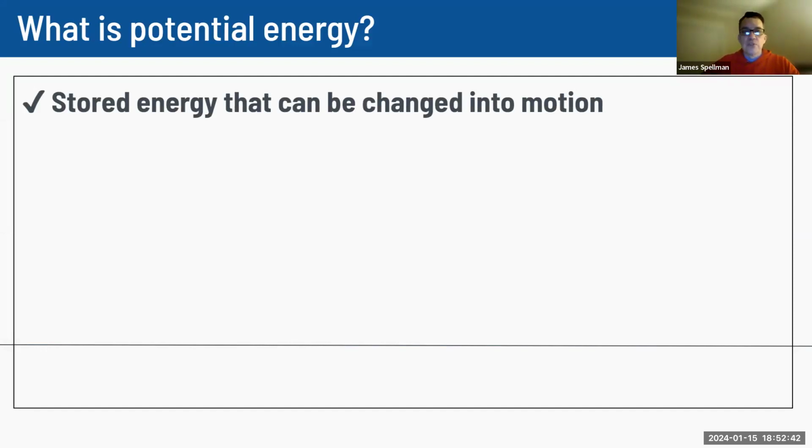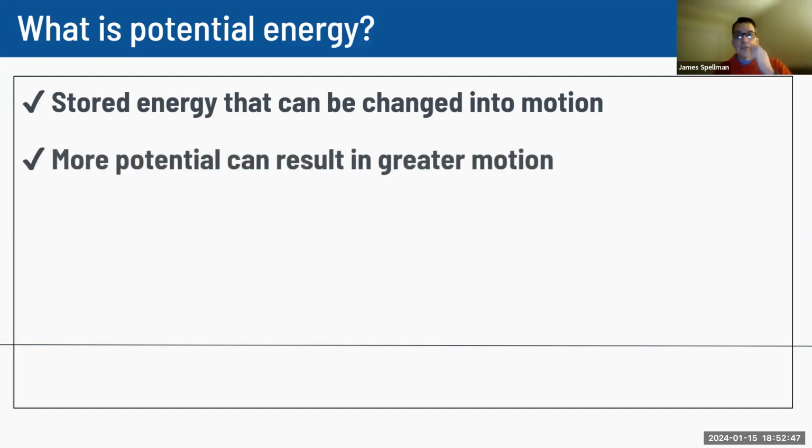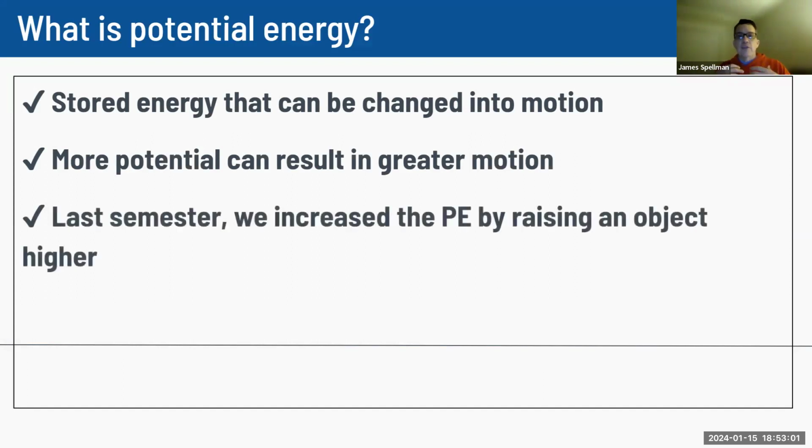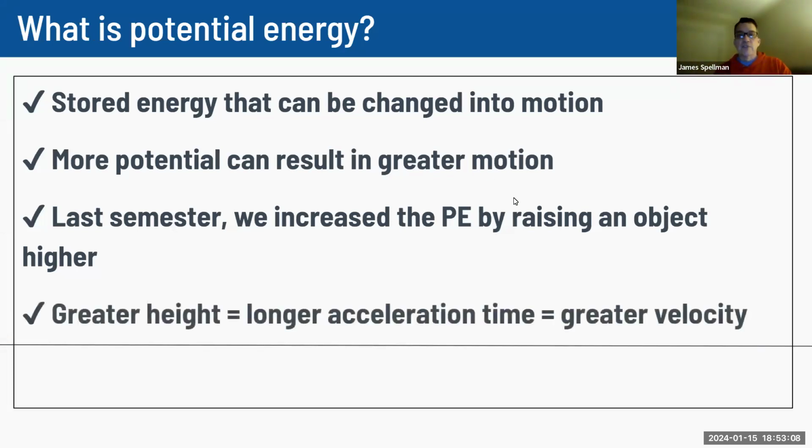Back in the fall, we said it was stored energy that can be changed into motion. And typically, we want to think that if we give something more potential, then it's able to change that into a greater amount of motion. Back in the fall, we talked about an object having potential energy because of where it is and how far it can fall, with the idea that if it's at a greater height, then it would take longer to fall, it would have longer time to accelerate, therefore it would be going at a greater